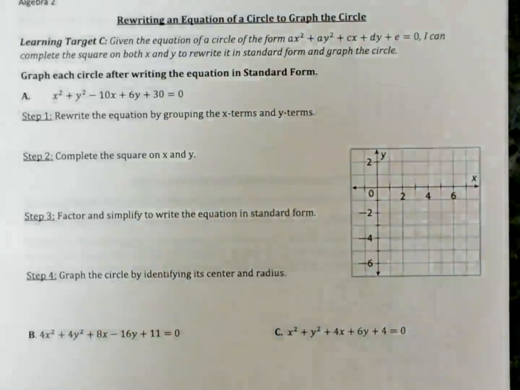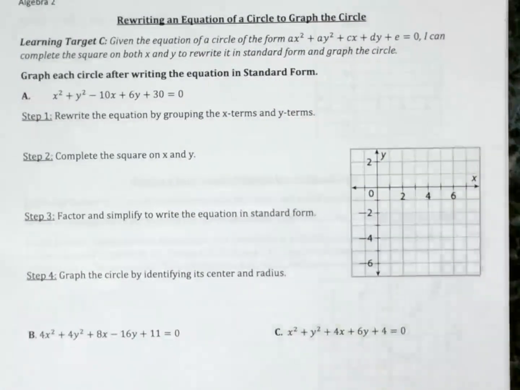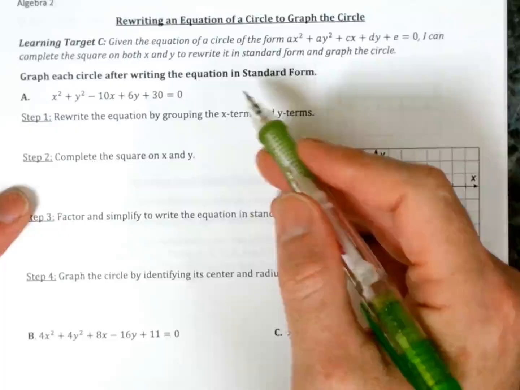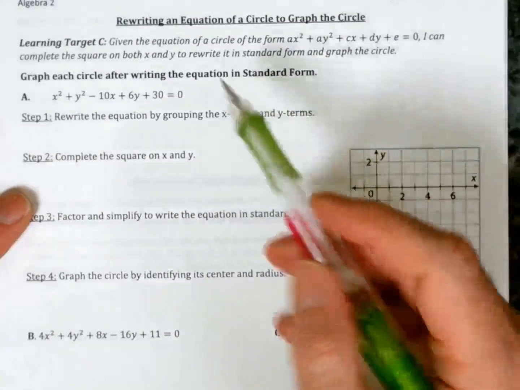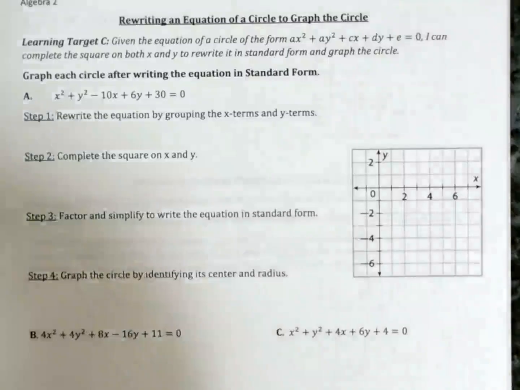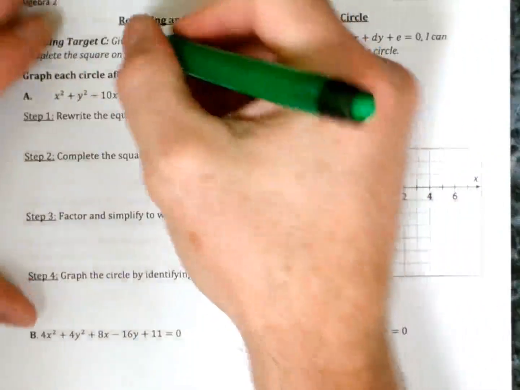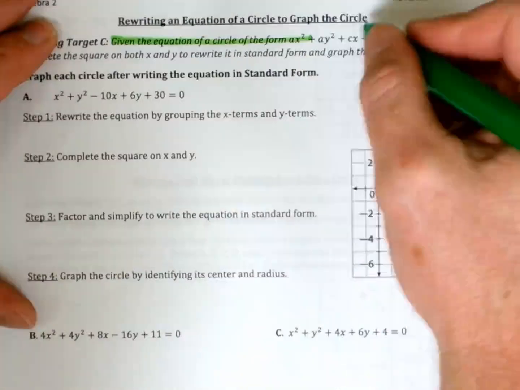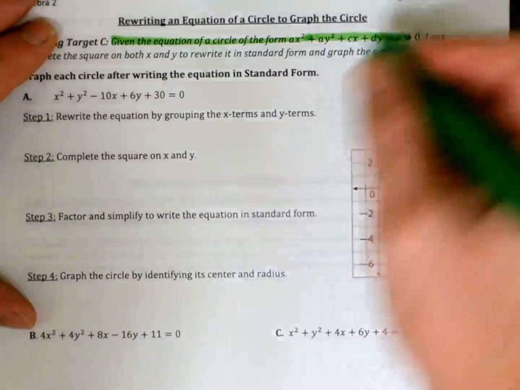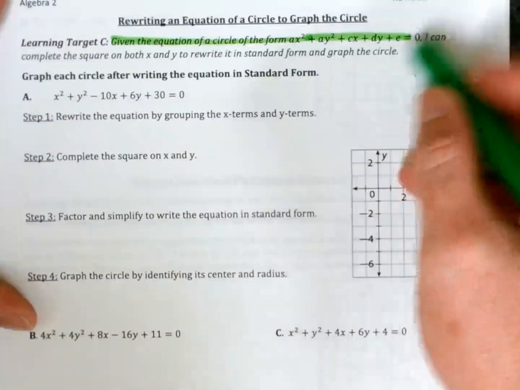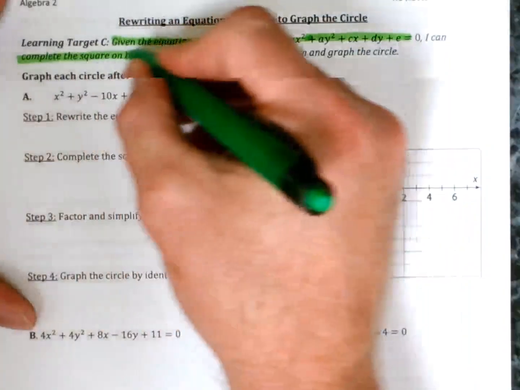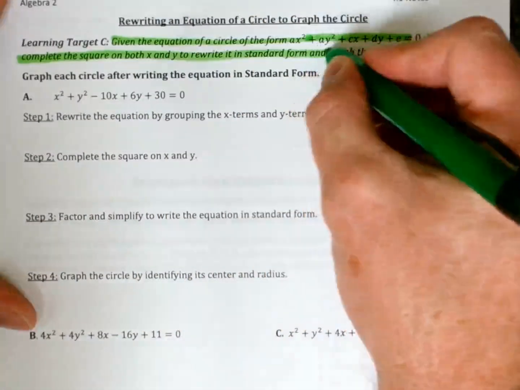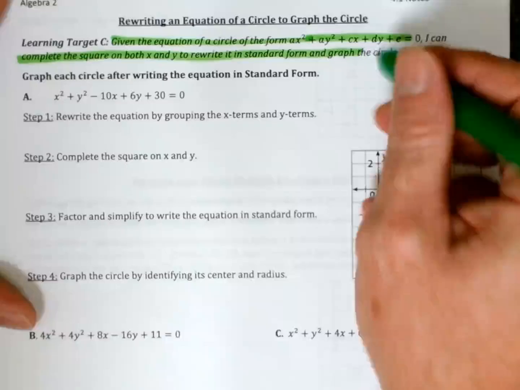Okay, we're going to take the skills we learned in class Thursday and Friday, which was completing the square. All right, so we're going to do that. So our learning target is going to be: given the equation of a circle in kind of a longer format, we can complete the square in both x and y to rewrite it in standard form of the circle and